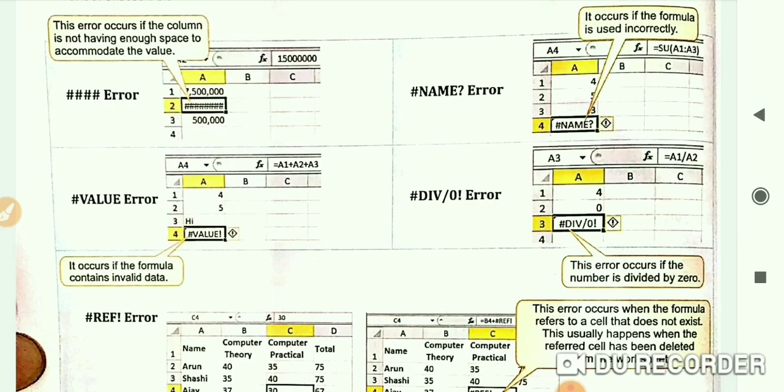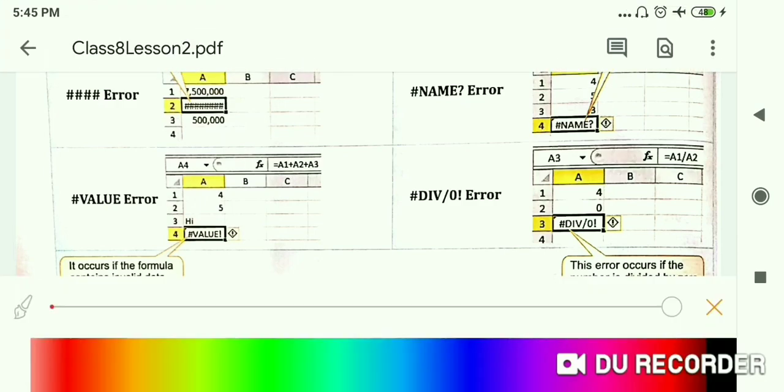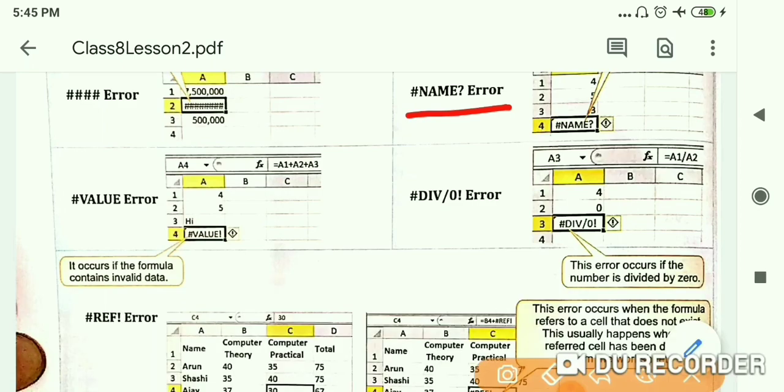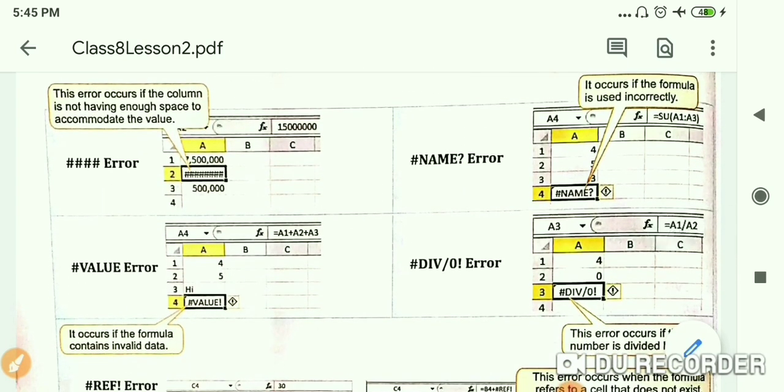The second one is the #NAME? error. It occurs if the formula is used incorrectly.